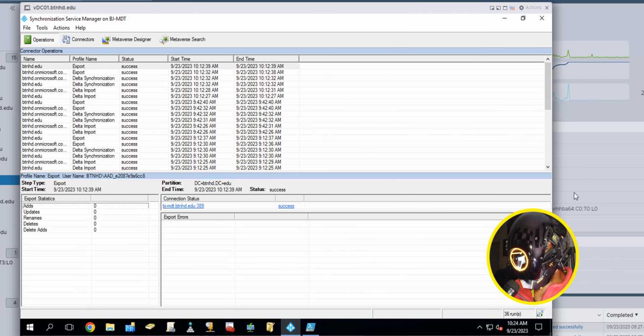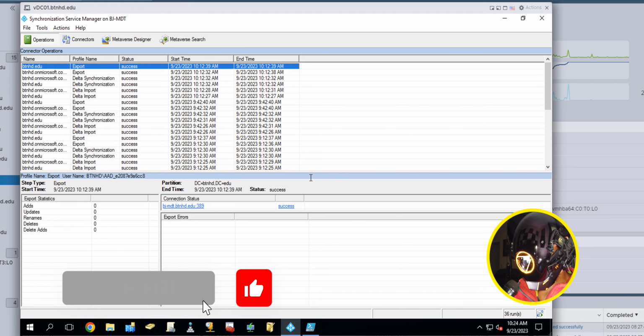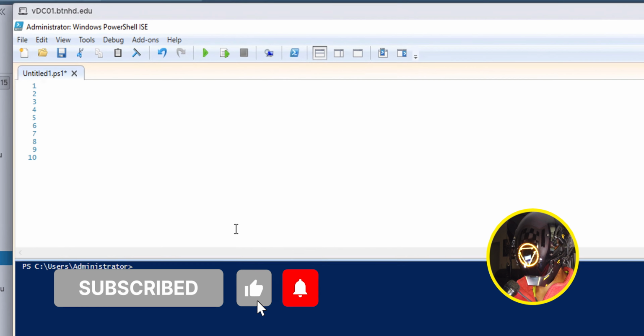All right, so I'm logged into the server that has AD Connect, and I haven't synced anything as of yet. But let's say hypothetically I deleted like 1,000 accounts and I do a force sync to sync it to my tenant. Most likely it's going to error out because I already passed that limit of 500. So what we are going to do is open up PowerShell as an admin.